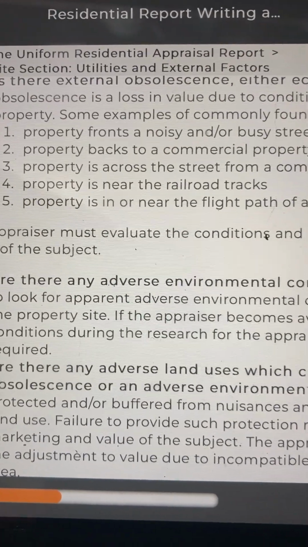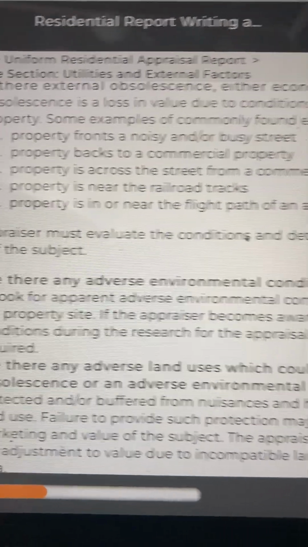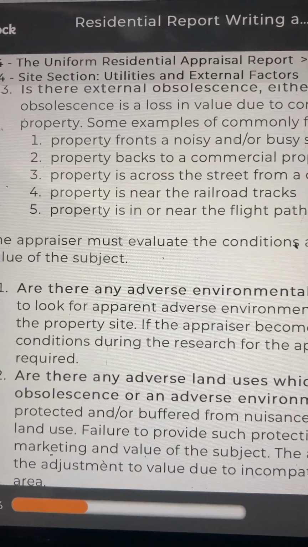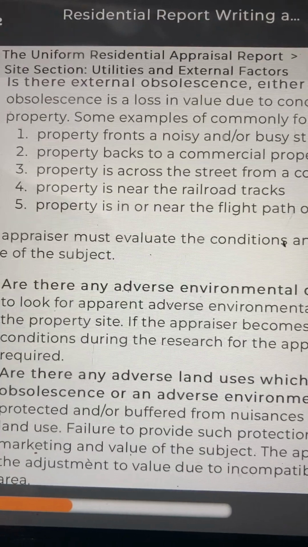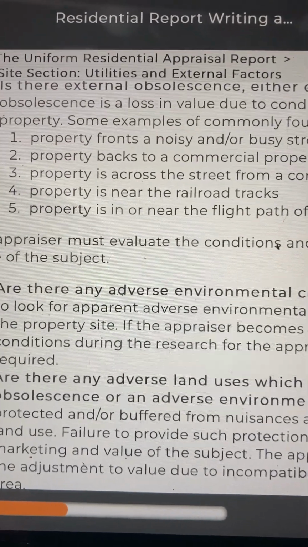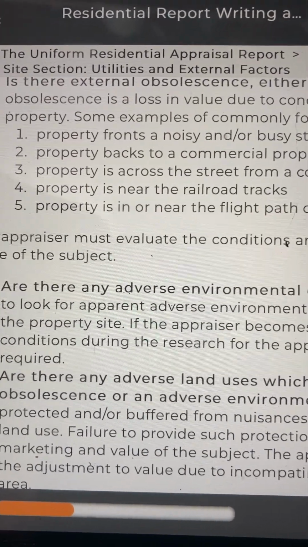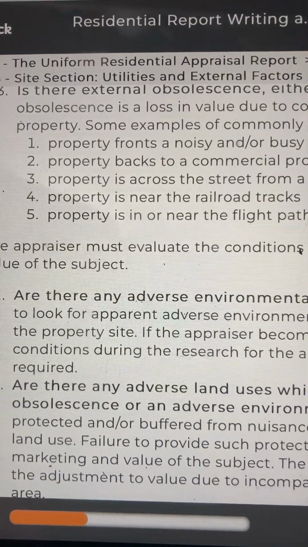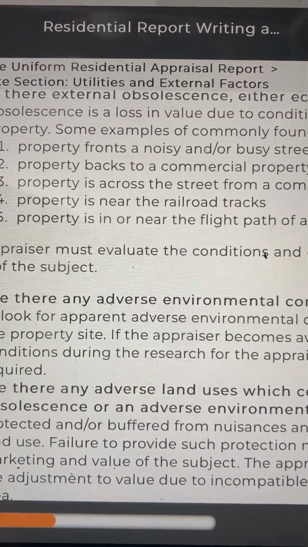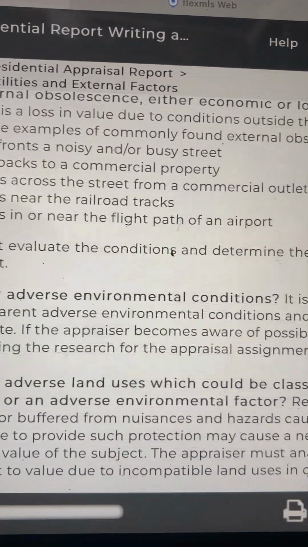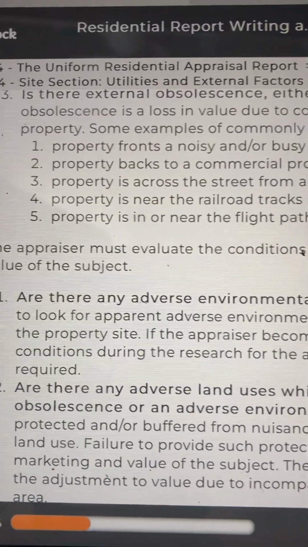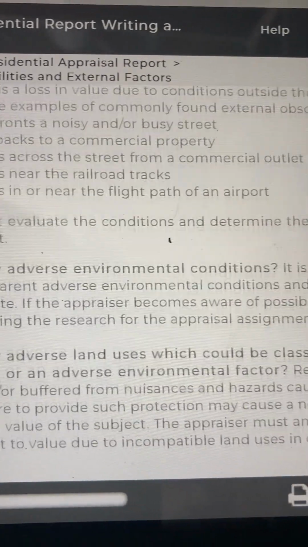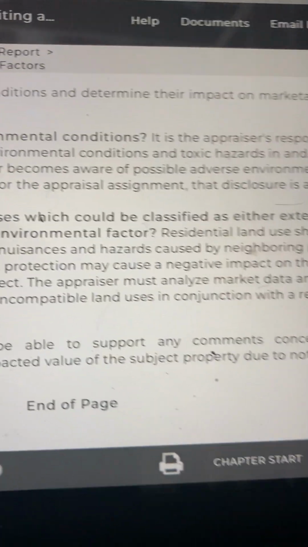Number two, property backs to a commercial property. Number three, property is across the street from a commercial outlet. Number four, property is near the railroad tracks. Number five, property is in or near the flight path of an airport. The appraiser must evaluate the conditions and determine their impact on marketability and